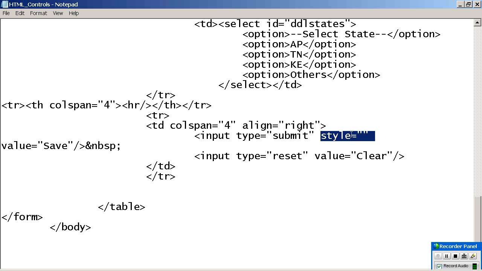Style equal to double quotation. Whatever you want to write, just write here only, differentiated with semicolons. If you have 5 styles, use 4 semicolons. If you have 4, then 3 is enough. After the first one, semicolon, second one, semicolon, third one. If it is the last one, you don't need to keep it, but if you keep it also, no problem. I am going to start first with